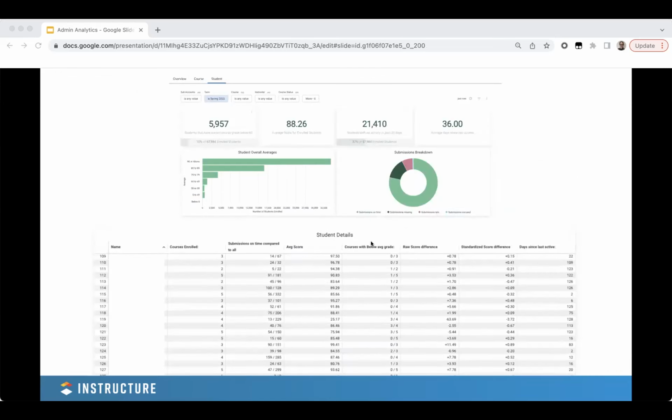And then the last dashboard, and this is just a couple of examples from that dashboard. There's a few other things on there as well, but this is our student dashboard. So this is really around student engagement and being able to answer things like, are students succeeding in all of their courses, or what does their performance and engagement look like, not just within the course, but at the user level: how is this student going across their 5, 6, 12 enrollments, however many courses they might be in? Which students have missing or late assignments, and what percentage of those students don't have any activity in the last however many days?